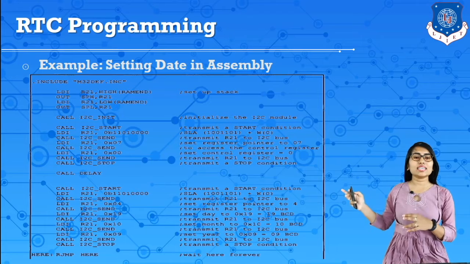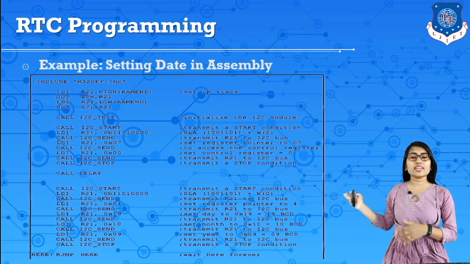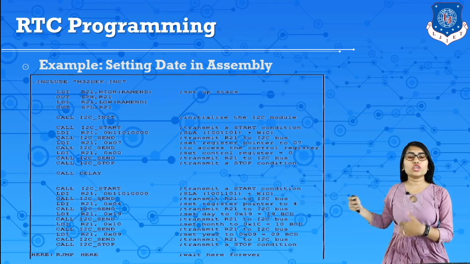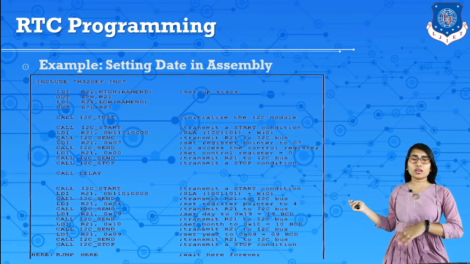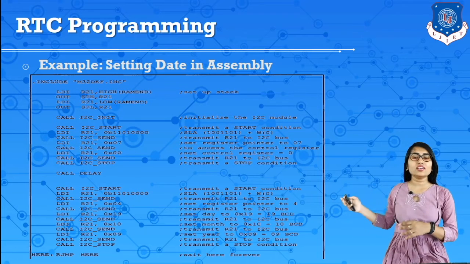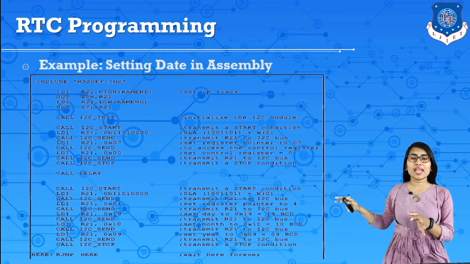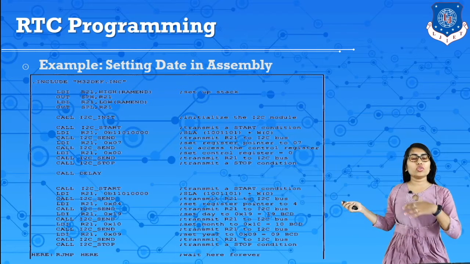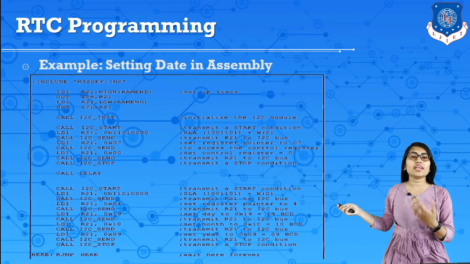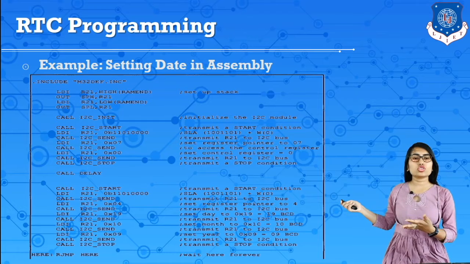Now call the delay, again start the condition, then set the date. Send the register pointer as 4, then transmit the data of R19 to the I2C bus. Here the number is converted; a 10 BCD number is used, so it will be written like this. And then the stop condition is over there. Each of the functions like I2C start, I2C send and I2C stop is defined over here.